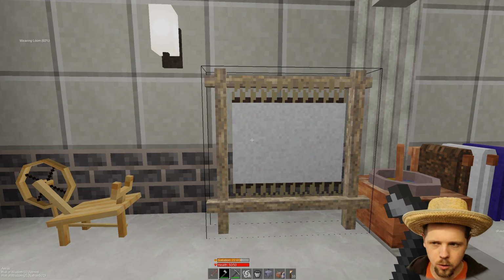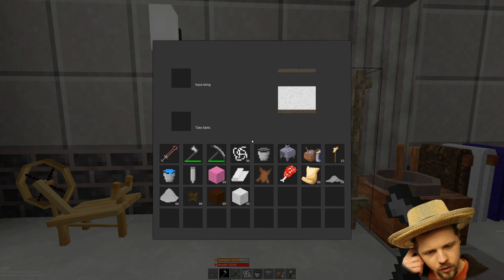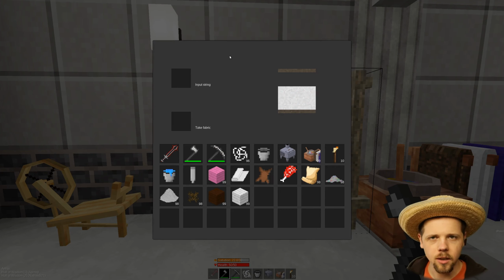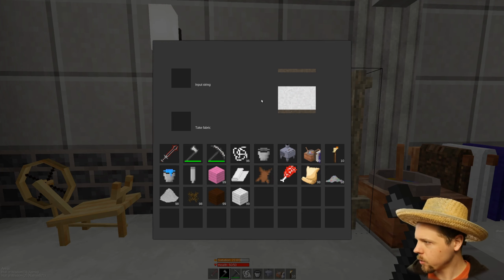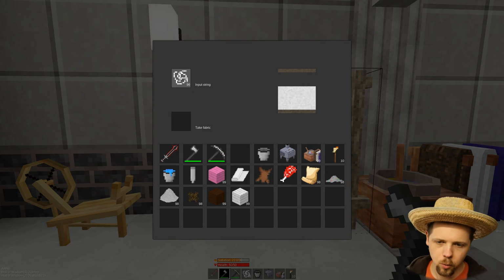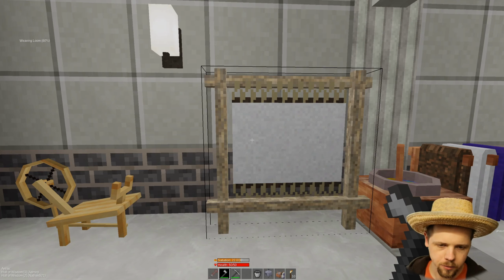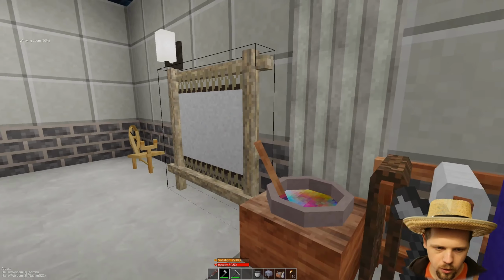So then I'm assuming that the weaving loom also would not have existed, because obviously if I didn't have the spinning wheel, how could I have the weaving loom? I'm just looking at my notes here. This has got to be right. So the weaving loom is pretty dope. I really like how this model turned out. It's very basic,